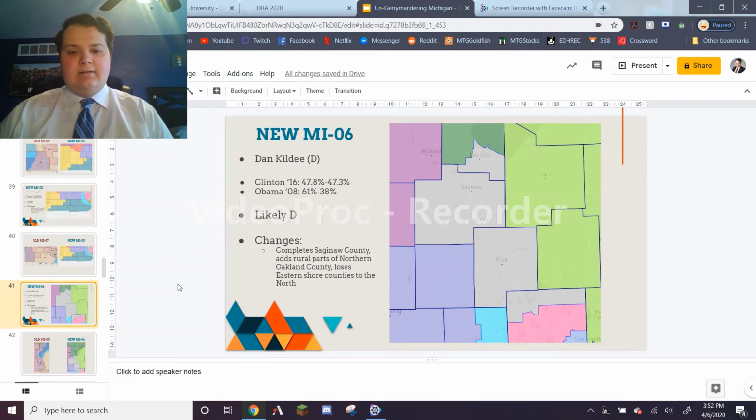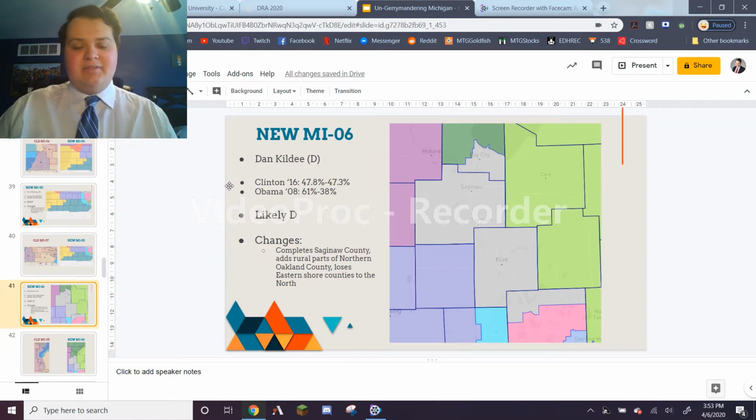But this is a district that down ballot is much more favorable to Democrats. I think Dan Kildee wins by 20% or more every time. I think in 2018 he won by 24% or so. And it was an exceptionally bad area for Hillary Clinton as well, in terms of Saginaw County and Bay County, which are reliably and usually Democratic counties that she just totally floundered in. So that Trump performance here does not tell the whole story in this district. For that reason, I'd say it's a likely Democratic district. It could be conceivable that a Republican could flip this, but down ballot, Democrats do tend to do better.